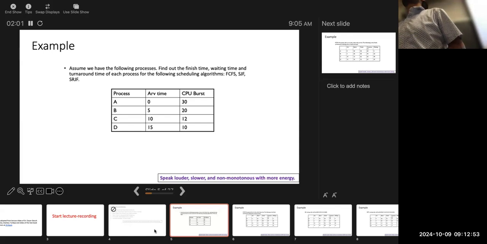Yeah, go ahead. Why do you schedule B before C and D? They have a smaller execution time. Say it again. Why do you schedule B before C and D if the other two have a smaller execution time? Yeah, right? So B has the execution time of 20, the first time of 20. But B